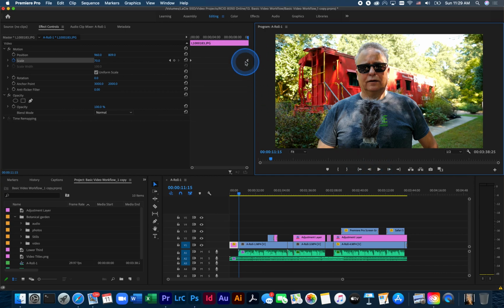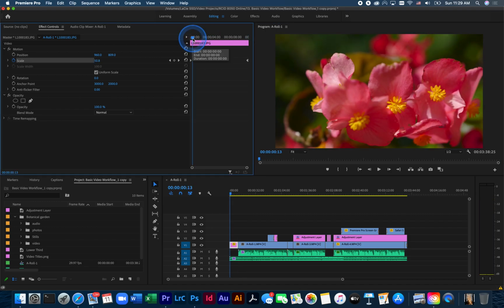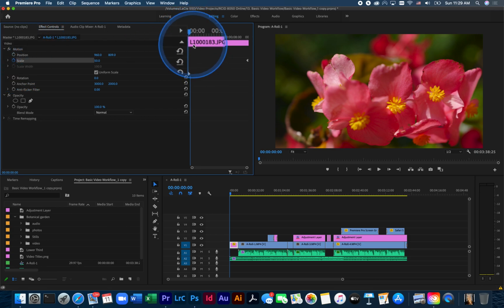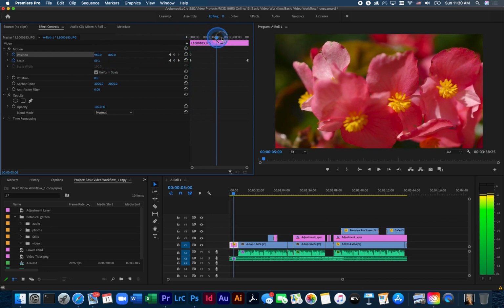When I'm working on keyframes, I can do several keyframes on the same asset or clip. So let's say that I want to add a slight sideways motion as well. Then I want to add a position keyframe. So I place the playhead at the beginning of the clip that I want to work on. And I click on position, which has now been set to the default value here. And then I move this over